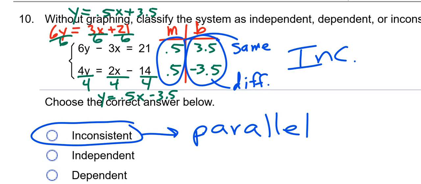They do not cross. So you should be able to get y by itself, decide what the slope and the y-intercept are, and use your chart to come up with which one we're dealing with. If you have questions on that one, ask me later, and I'll be happy to go back to that. But that concludes these notes. I think that's the last one, isn't it? All right, so